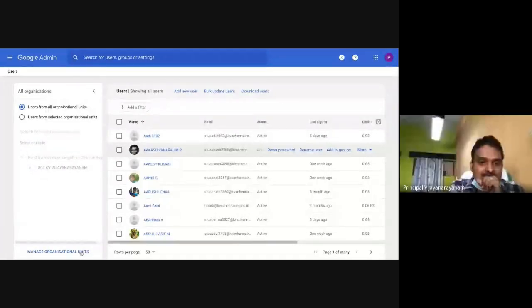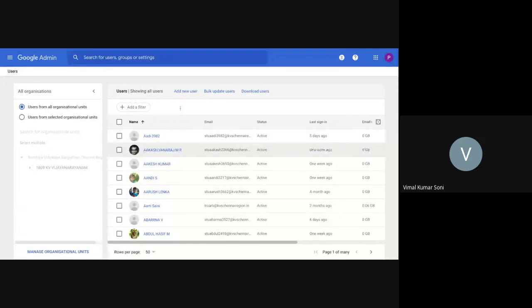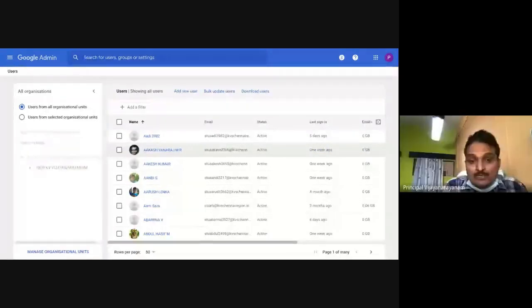See, the idea is there are two things: one is security aspect, and one thing is usability. If you just make the class change here for the child, it will only reflect in that particular class, not in the reports whenever we download them. So it is better to shift the OUs. Shifting OUs is the best. Sir, will it show the old name of the class? If you don't shift, we have to do a parallel updation from the profile of the individual child.